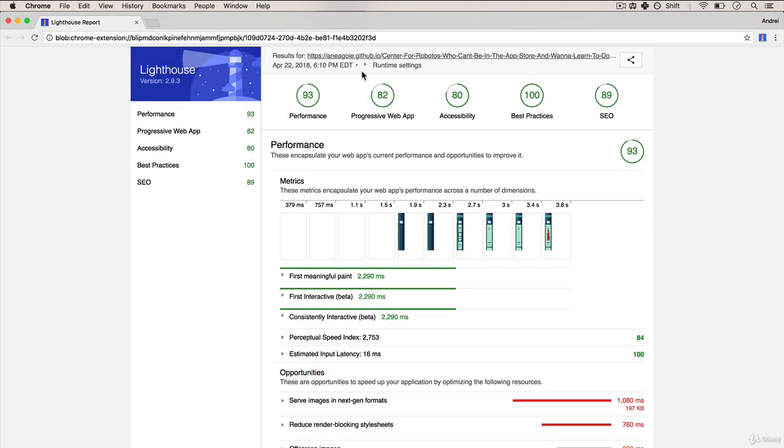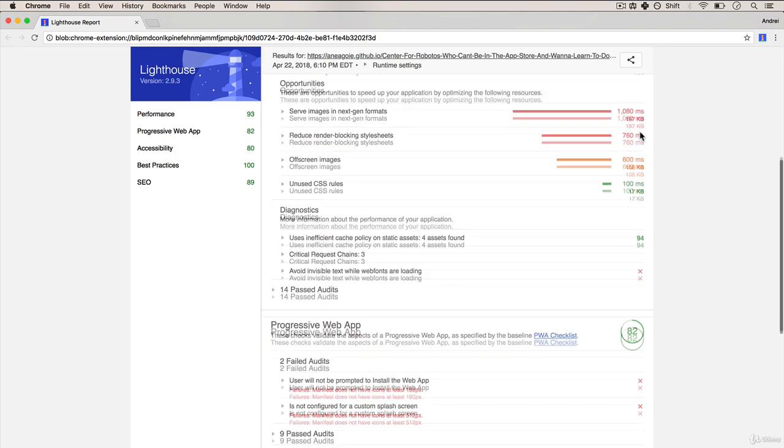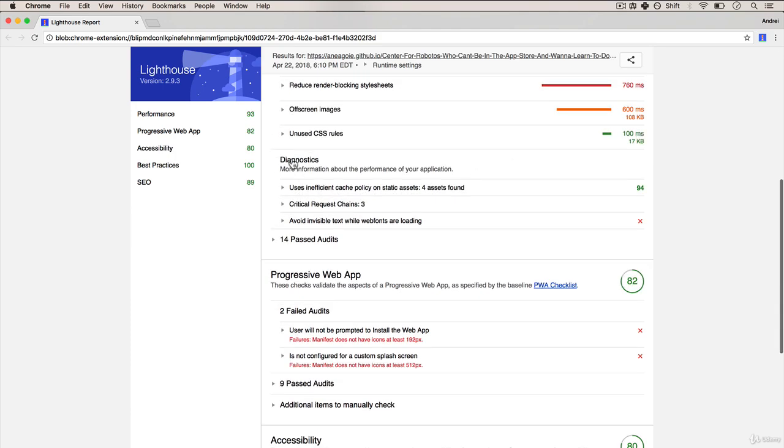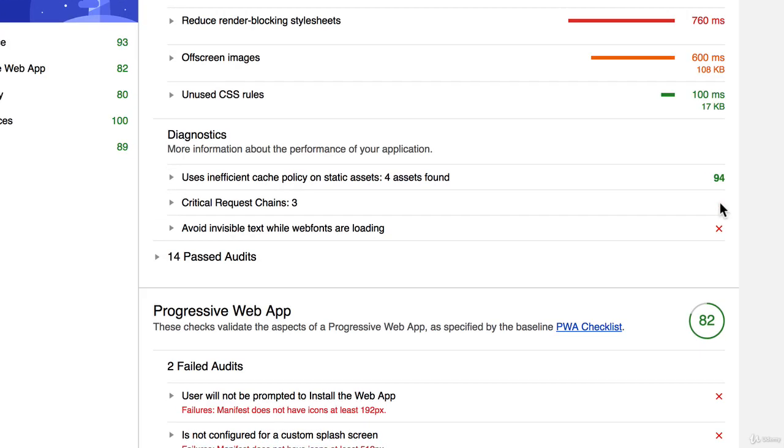Welcome back. Let's start to make these numbers look a little bit better. And before we get into the progressive web app score, let's try and get the accessibility and SEO score to 100. If we scroll down, we see that we have an X over here for avoid invisible text while fonts